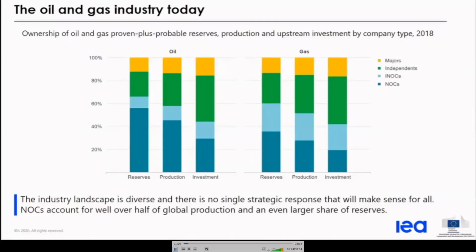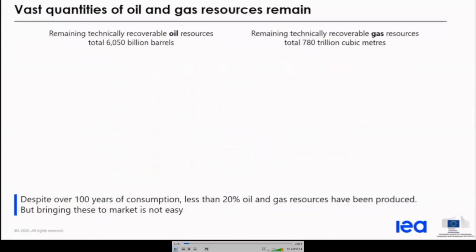Fossil fuels still can provide an opportunity for energy access under the right conditions. However, increasing attention and import is being paid to reducing emissions across the sector. NOCs on the whole account for well over half of global production and an even larger share of future and existing reserves. As we take a look at the view of remaining technically recoverable resources for both oil and gas,